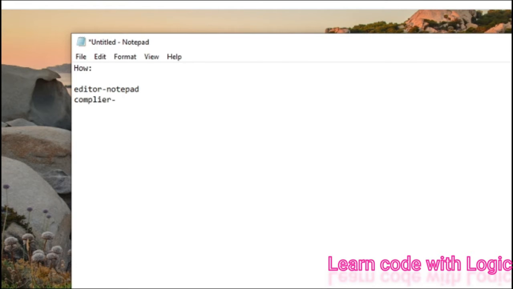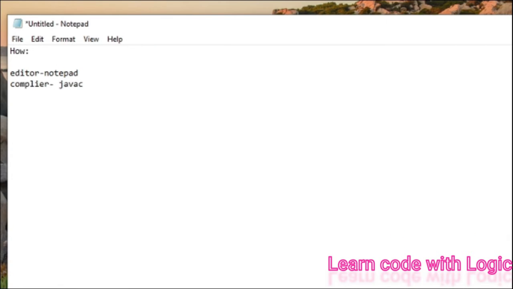In order to compile a Java program, we need a tool called javac. This one is provided by JDK. Then after compilation, we need to run the code, right? So for this, we need a JRE. In the JRE, we need JVM.